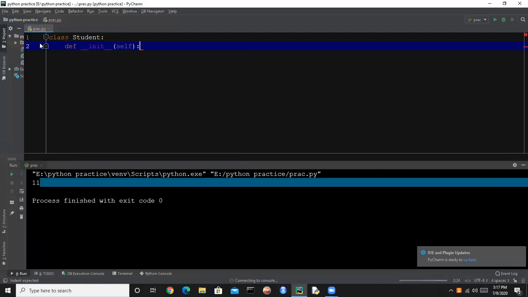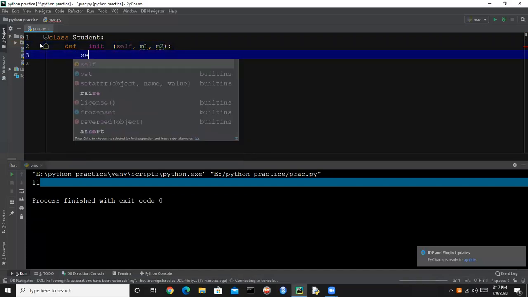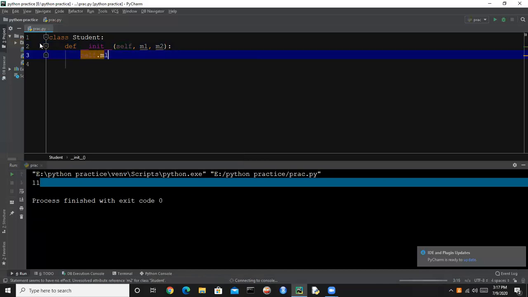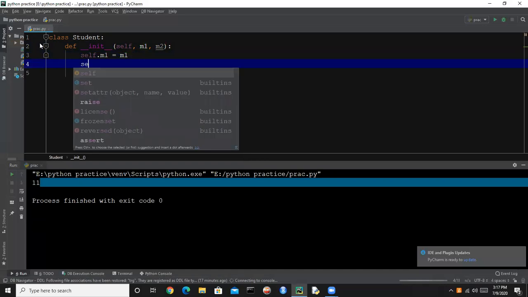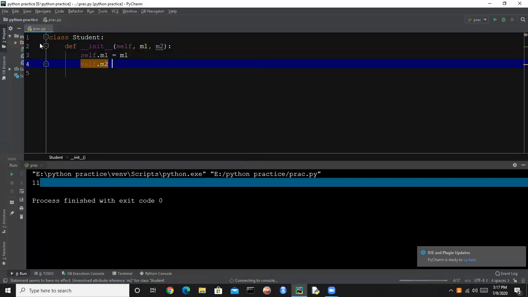So we are creating a constructor here, __init__, and we will pass two parameters for marks, m1 and m2, and we will create instance variables self.m1 equals m1 and self.m2 equals m2.